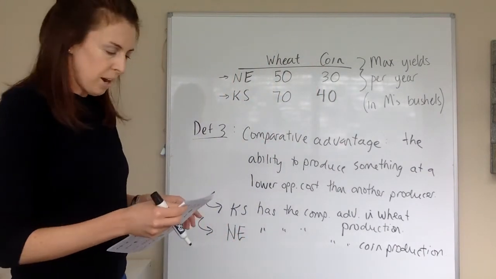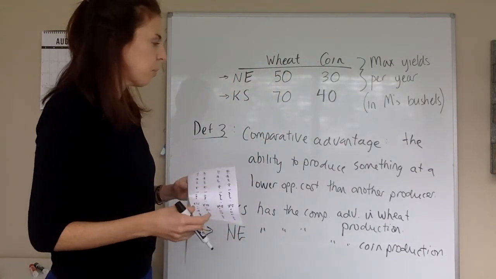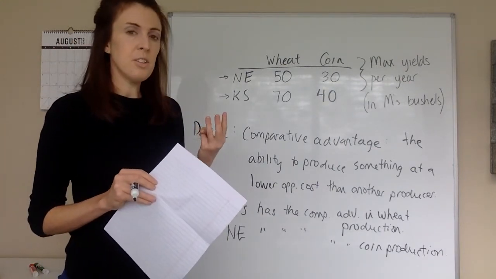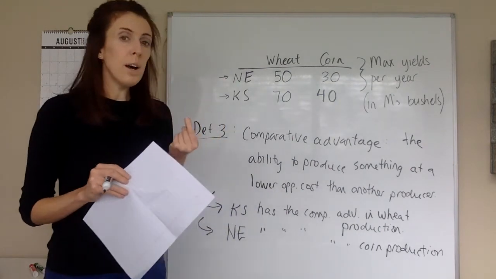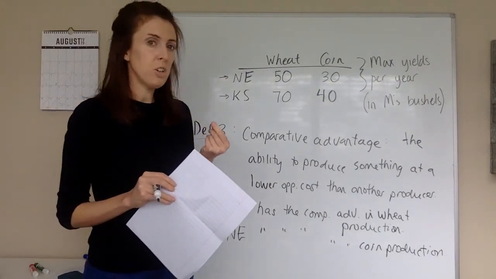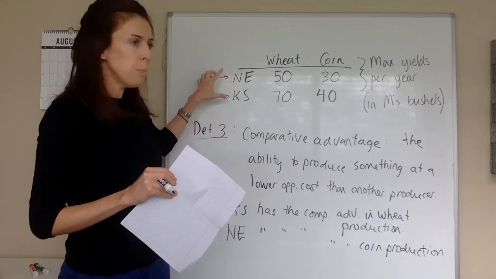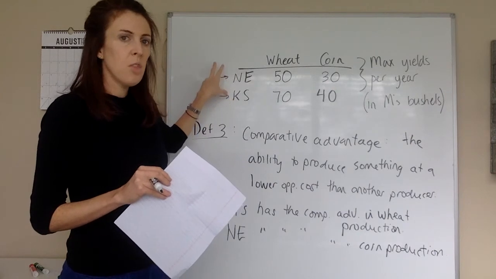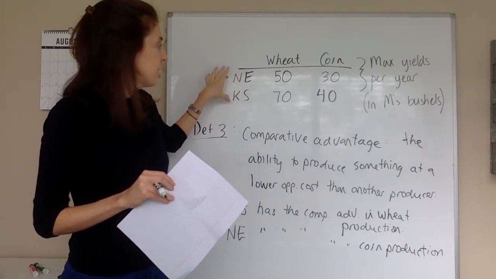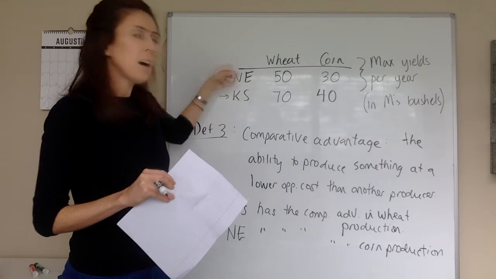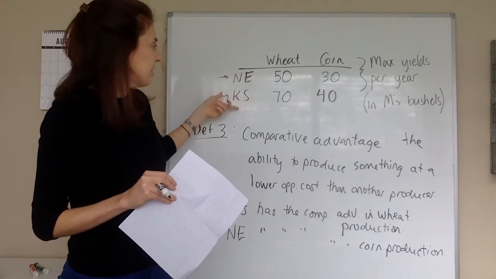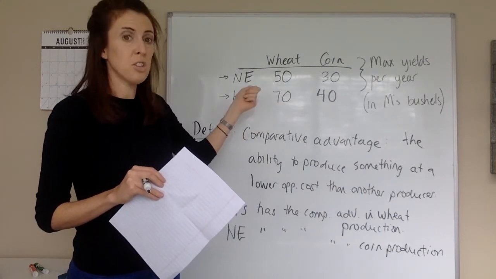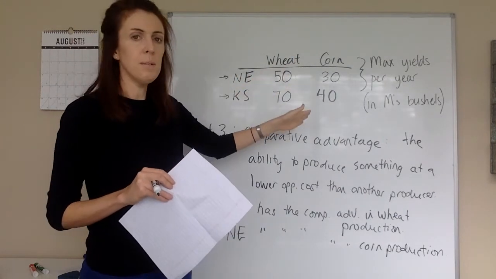Okay, next class I'm going to talk about why this is significant. But for now, I just want you to make sure you understand all these definitions. So the 3 main things you need to understand for today's class are, 1, what is absolute advantage? Absolute advantage is just given to people, places, countries that are producing 2 things. The person, place, country that has the absolute advantage is the one who can crank out something using less inputs. In this case, Kansas just kind of cranks out crops more efficiently than Nebraska, so Kansas is going to have an absolute advantage in wheat and in corn.